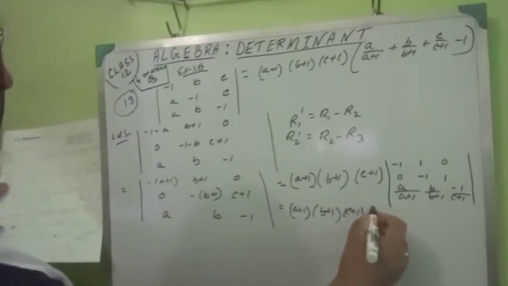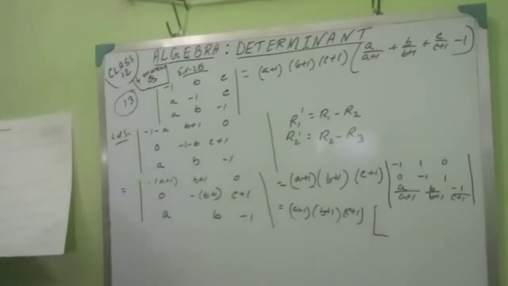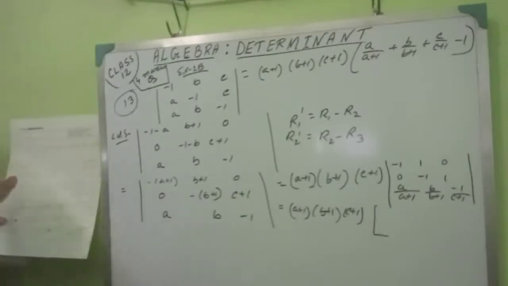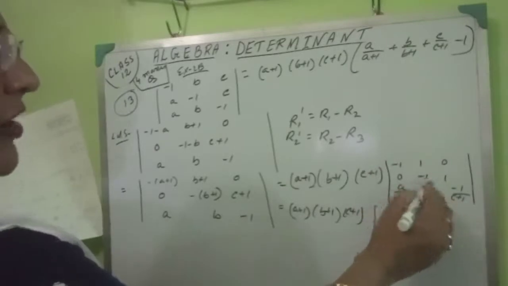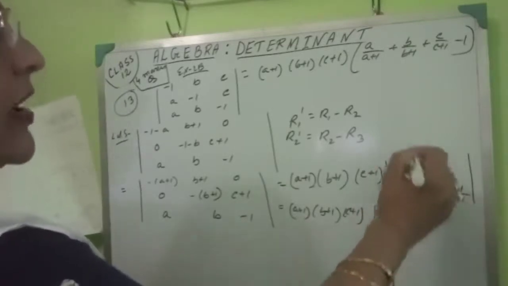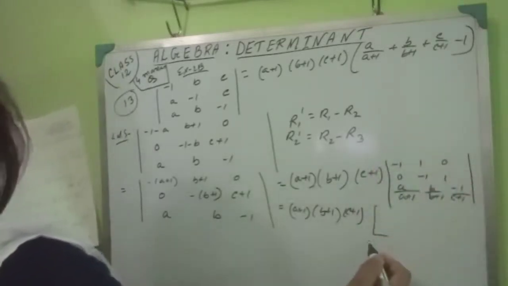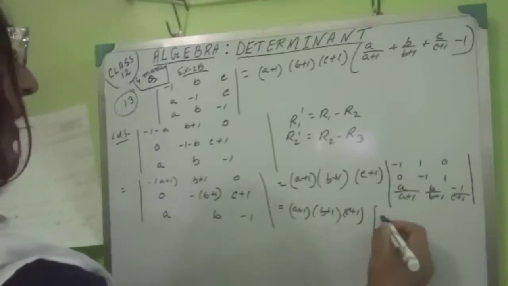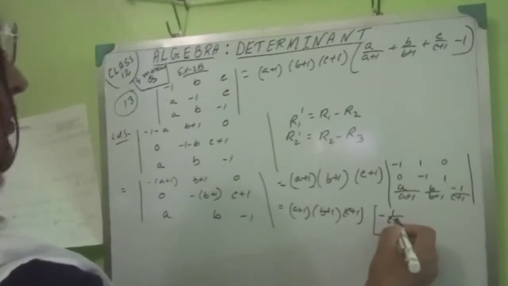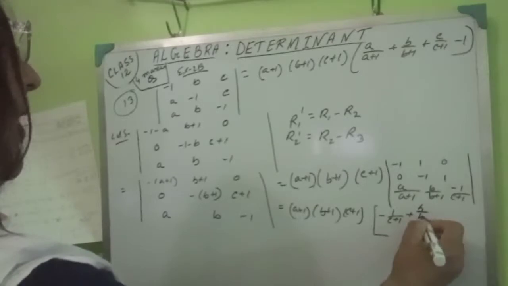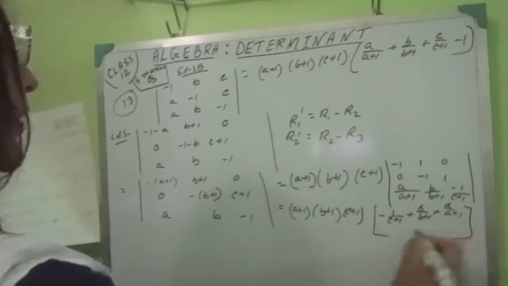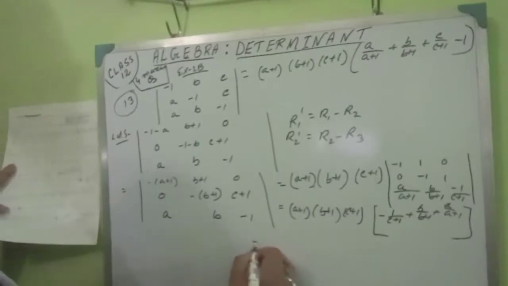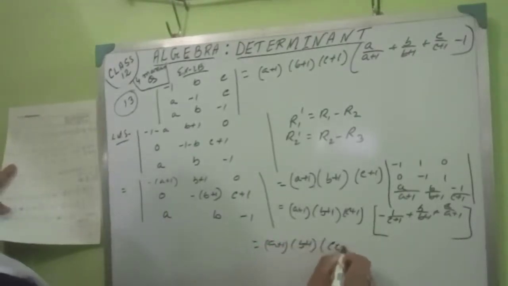Now expand. Okay, minus 1, expand with respect to the first row. Then minus 1 into minus of 1 by c plus 1, minus of 1 into b plus 1. And ultimately what will we get? Let me write this part. C plus 1, b by b plus 1 you will get, plus a by a plus 1. Okay, then a plus 1, b plus 1, c plus 1,